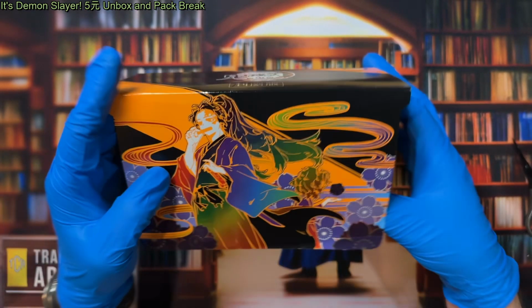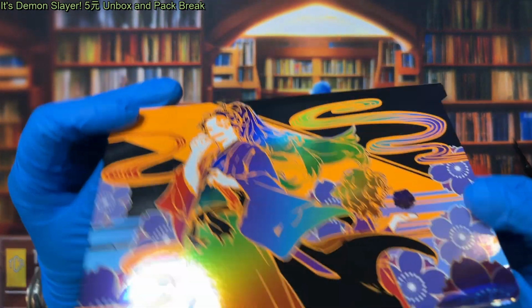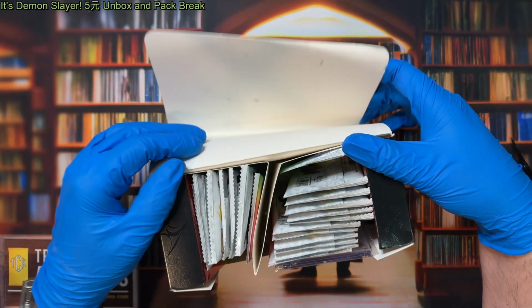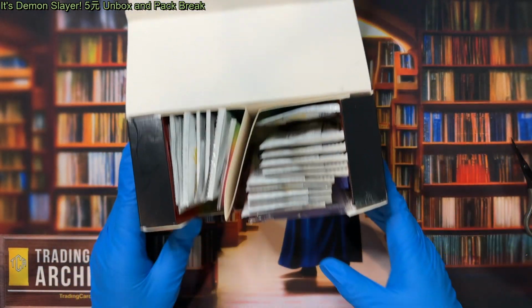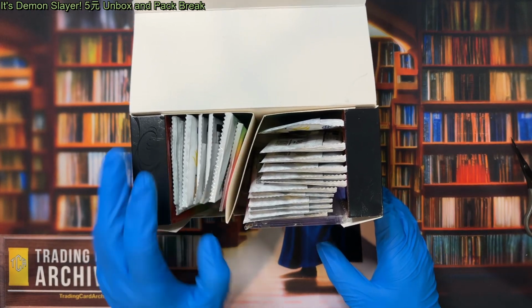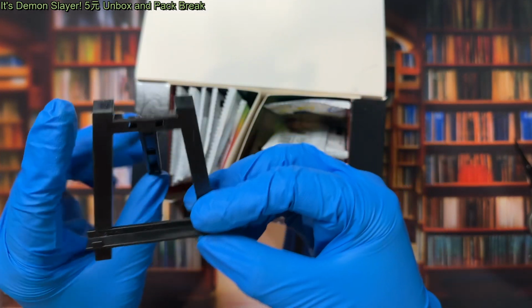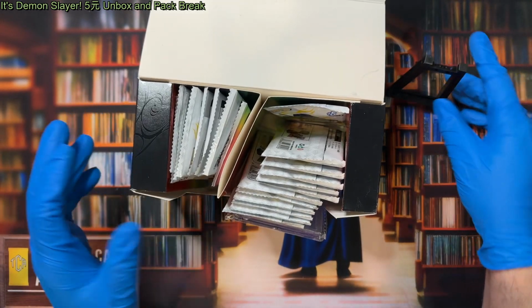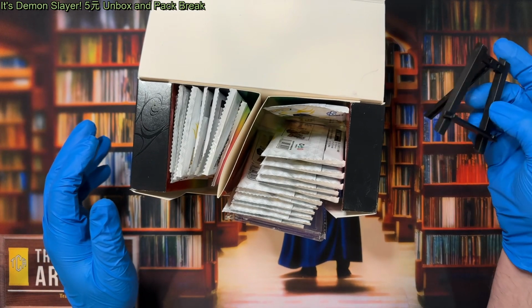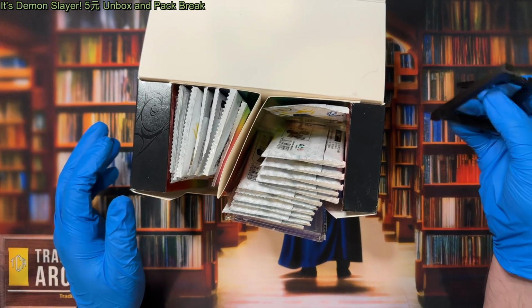That's kind of like full art there. Pretty big. Nice and cool. And then we open this up, and it is weird in here. I'm not sure what I expected, but I don't think I expected this. But let's see what we've got here. So we've got one of those little easels. I've never had one before, but I think I could 3D print one maybe. Oh no, it's got a little hinge. I could probably 3D print something like this, but